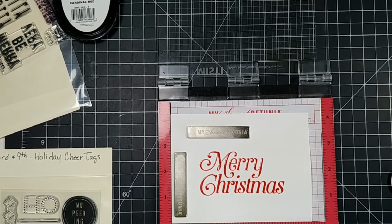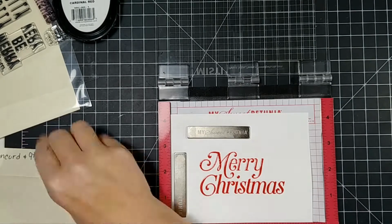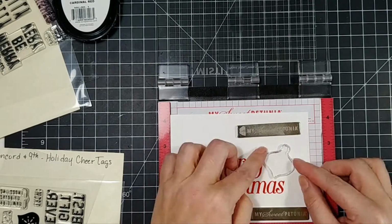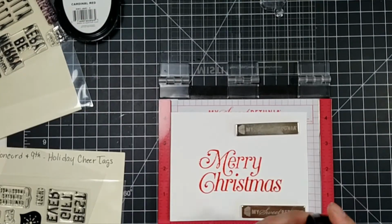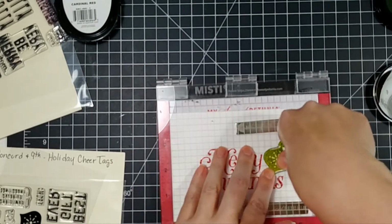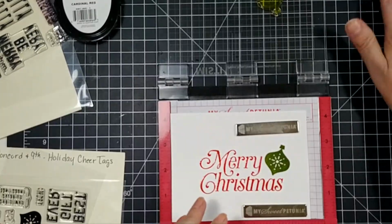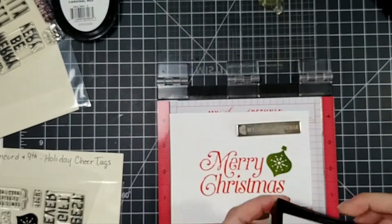The second thing that I did was I went and grabbed an ornament from another stamp set from Concord and 9th. It's that holiday cheer stamp set. And I added the ornament here to the side, and I'm also going to use one of the borders that's included in that stamp set. Stamped the ornament in the exact same way. I stamped it twice with the colored ink and once with clear Versamark ink, and then coated it in embossing powder,